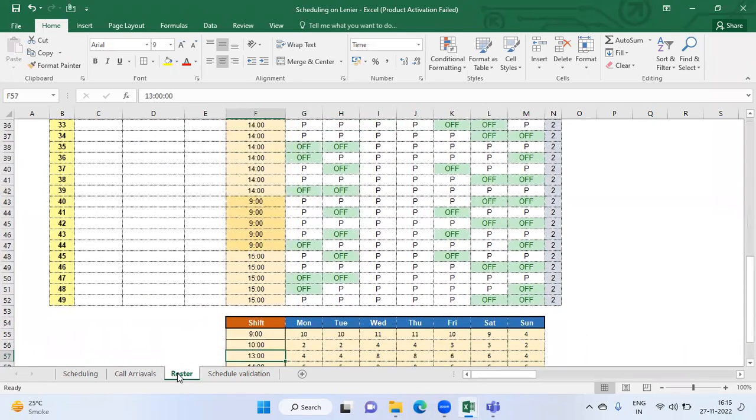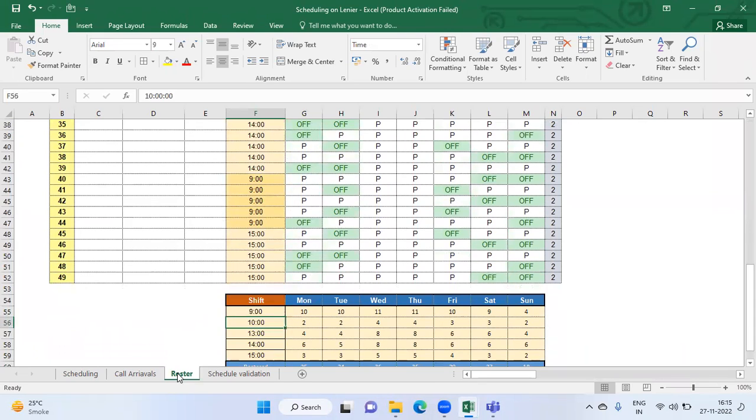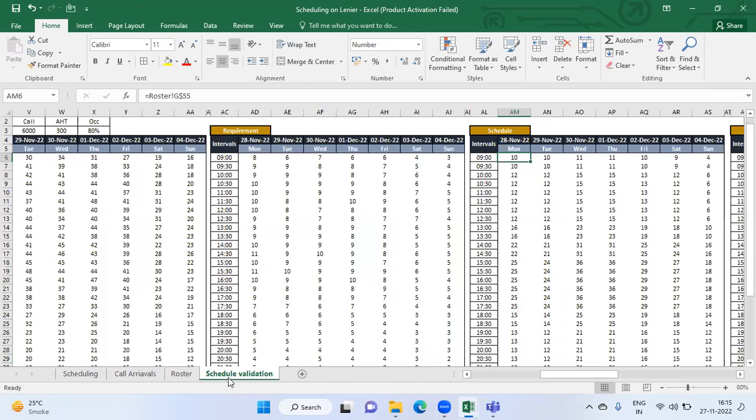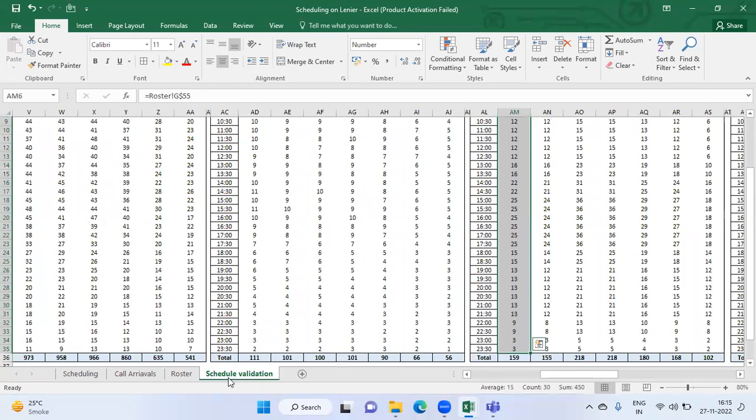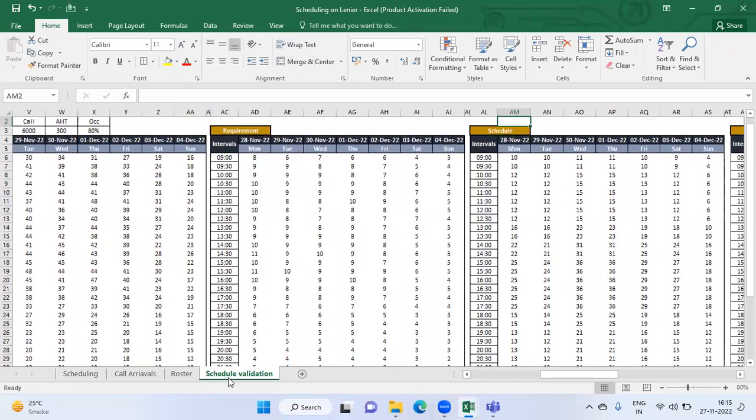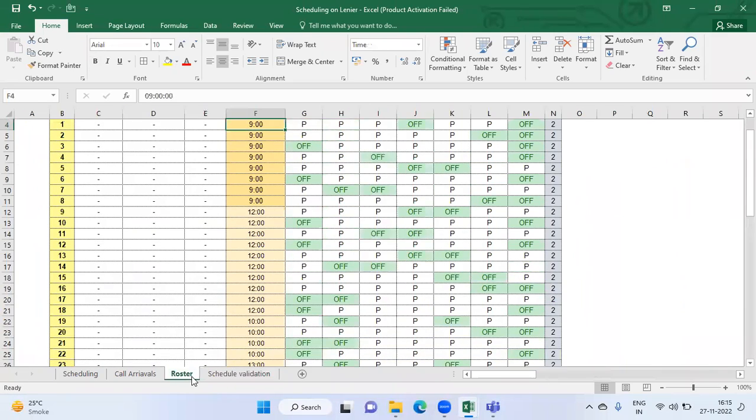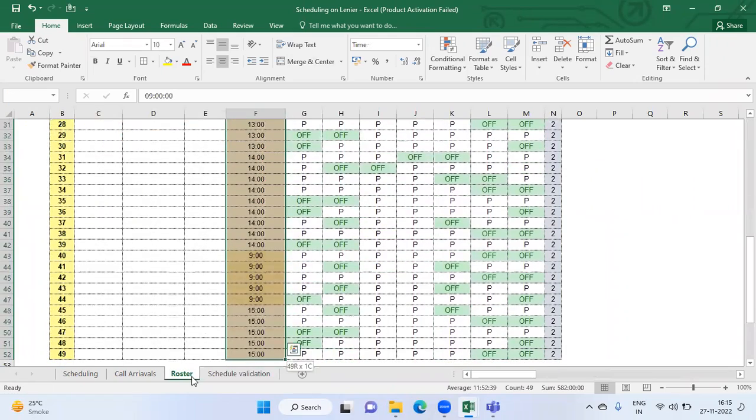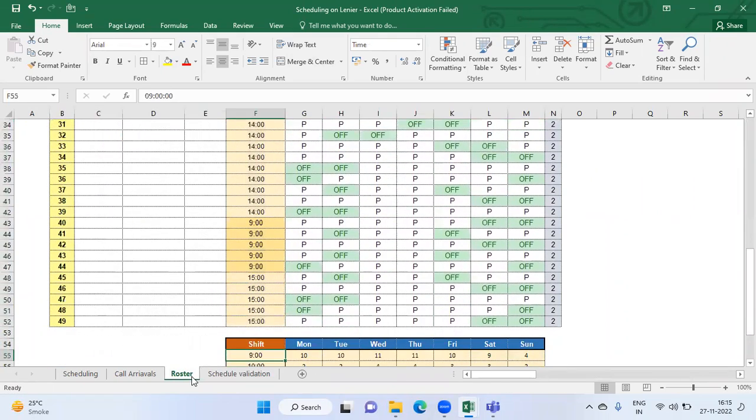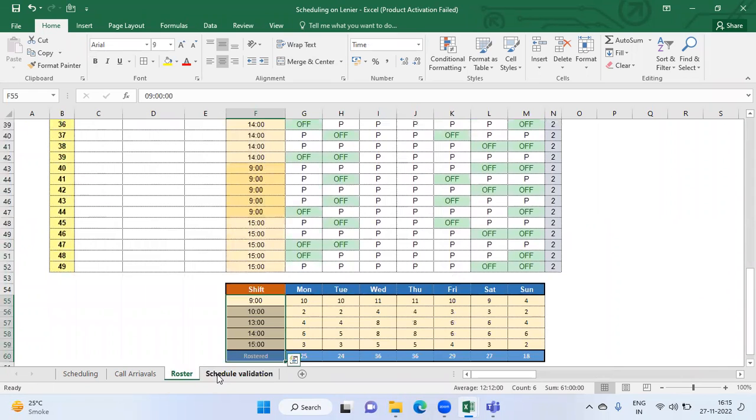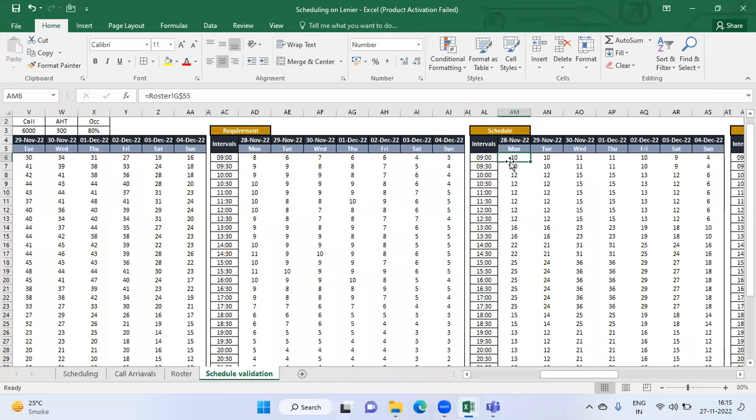So I have taken multiple shifts like 9, 10, 13, 14, and 15. The window which we have is a 15 hours window, and we also call it hours of operations. Here I have created the roster and applied the formula. I've given the reference to roster agents from the roster sheet,